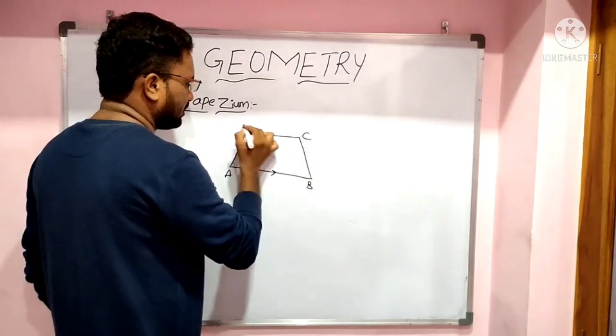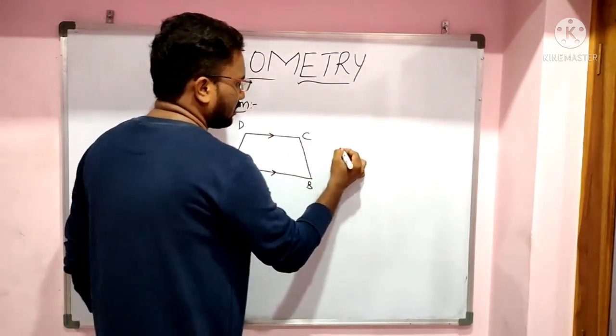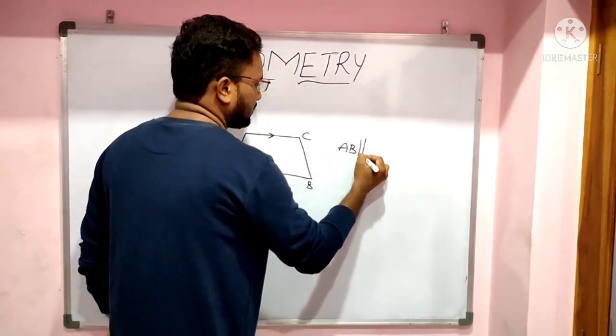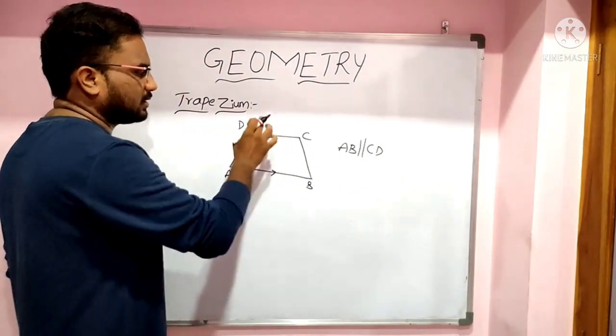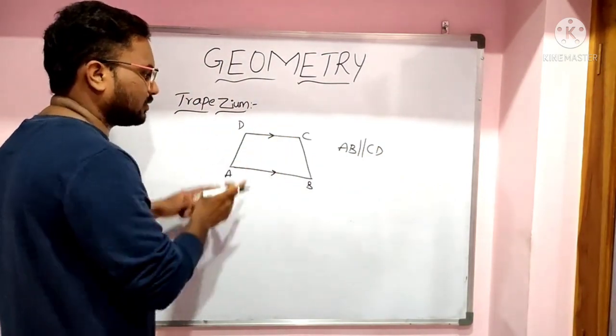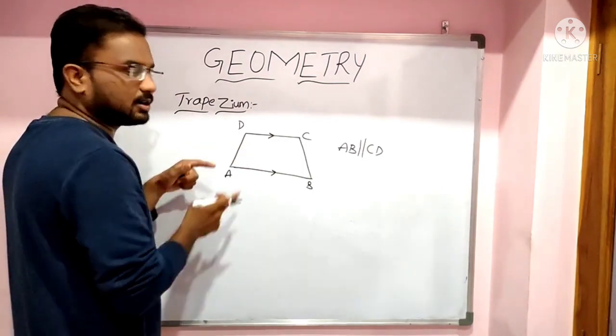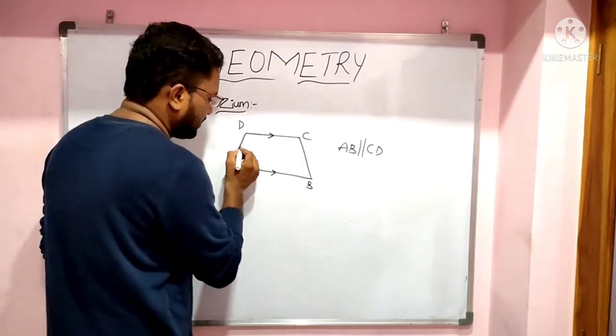A, B, and CD. Here AB is parallel to CD. These two sides are parallel, hence it is a trapezium. In a quadrilateral, if one set of sides are parallel, then it is called a trapezium. In a trapezium,